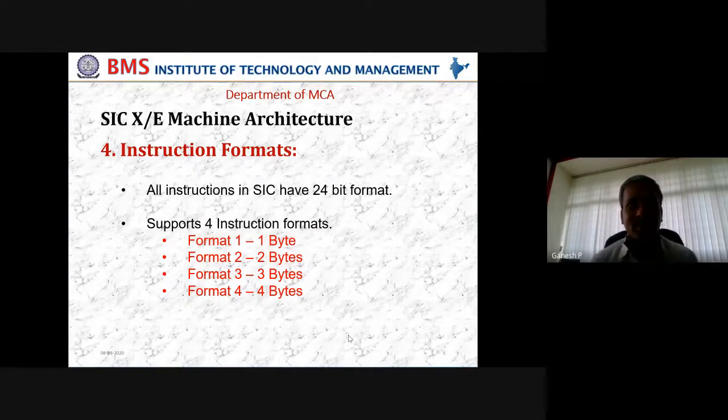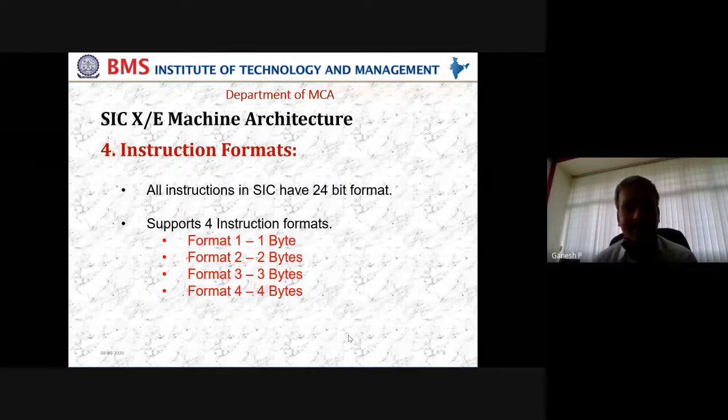The 0 address means, if you recall, 0 address means what? I am just giving an instruction, the opcode, to the program or the system, but I am not giving an address. Then where should the address be coming from? The address should be taken from the implicit registers that you have. The best example for 0 address is your return, meaning that when I call a subroutine from the calling function, I will go to the subroutine, which is the called function. I will execute that and I will come back to the calling function. During that time, what will happen? From the calling function, when the control is passed to the called function, the return address of the calling function will be stored in the link register.